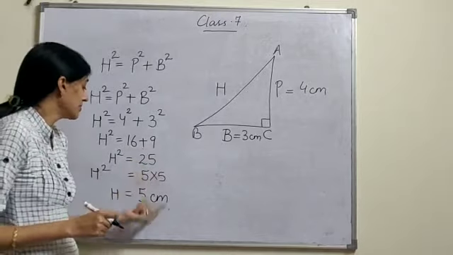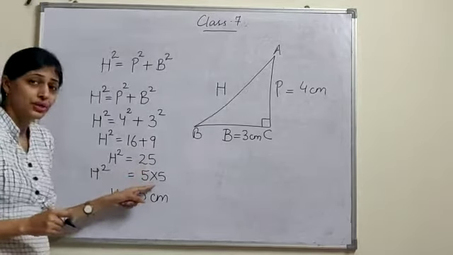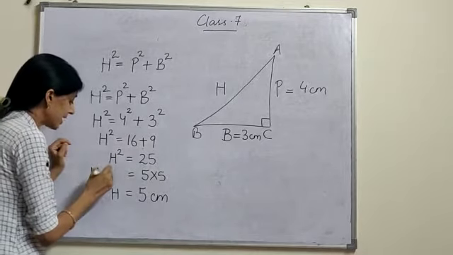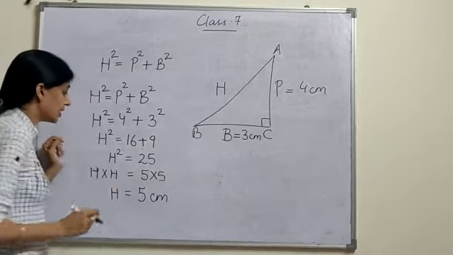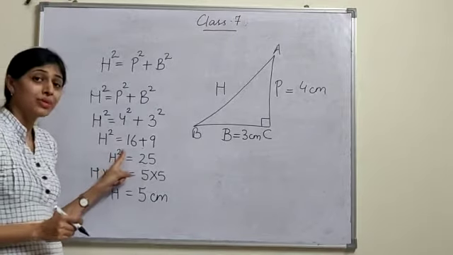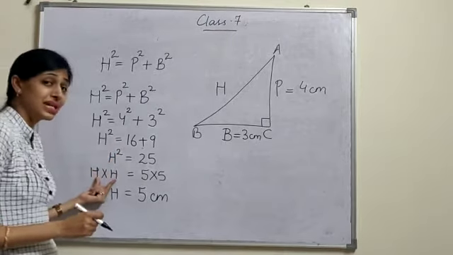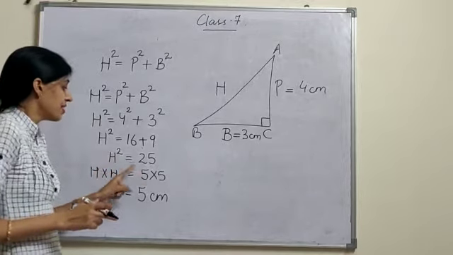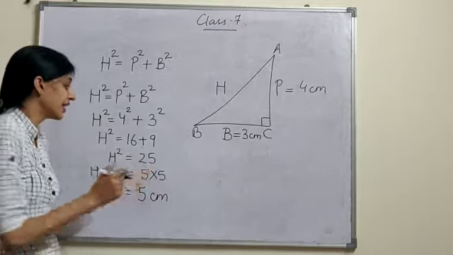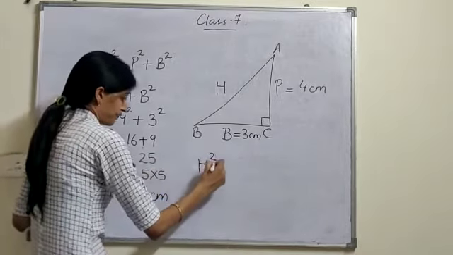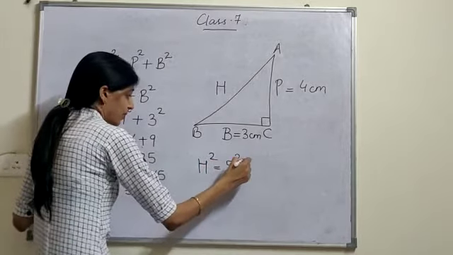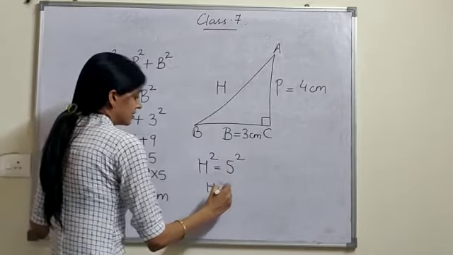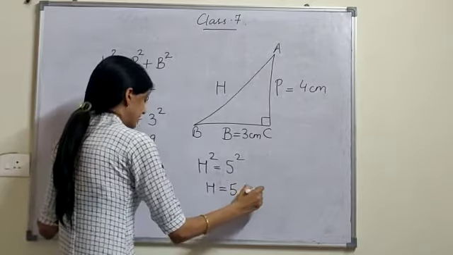Okay. How does it come out? If there is a difficulty over there, see. What is hypotenuse square? It is h into h. Only then it becomes h square. What do you mean by a square? When a number is multiplied by itself only. So h into h is h square. 5 into 5 is 25. I can write it like this also. 5 square, 5 into 5, 25. So both the squares cancel. Answer will be 5 centimeter.